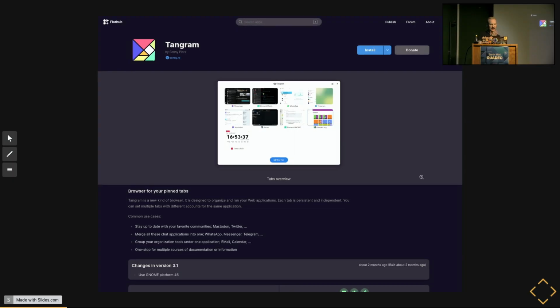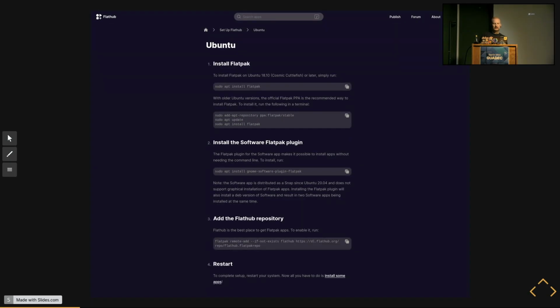Every app has its own little page where you can see what it does and the metadata in a nicely laid out way, if you ask me. It also works fine on mobile, but we'll talk about that later a little bit. We also do installation instructions for distributions which are not shipping Flatpak by default, or well, FlatHub by default, so that people can be helped with installing those, and we're also doing some tricks to make those available to search engines.